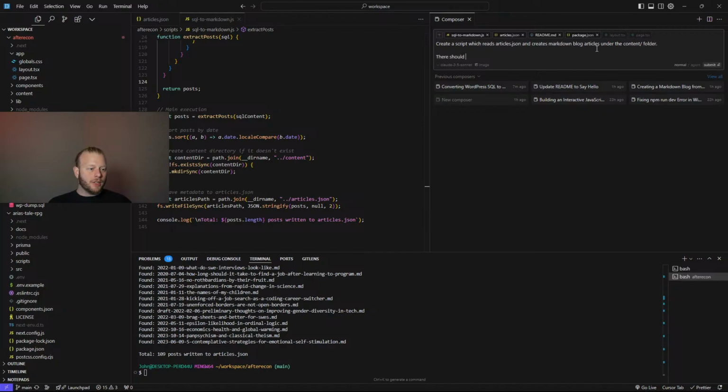There should be one markdown file produced for each JSON array data element. The file name is given in the property file name, right? Let's double check.